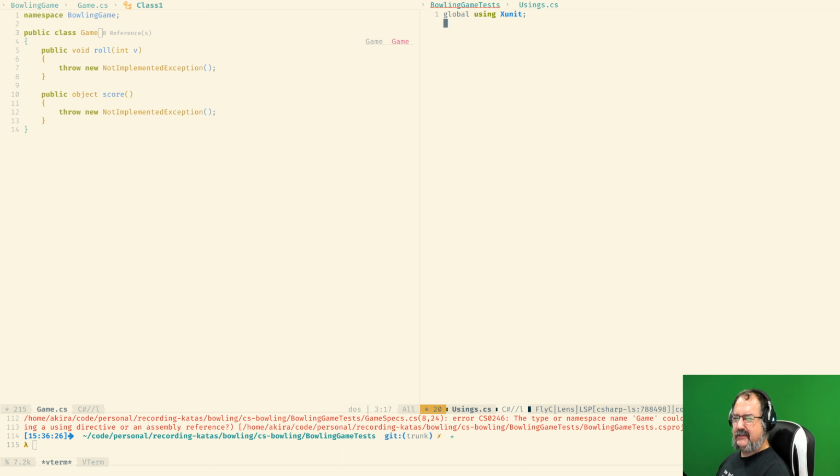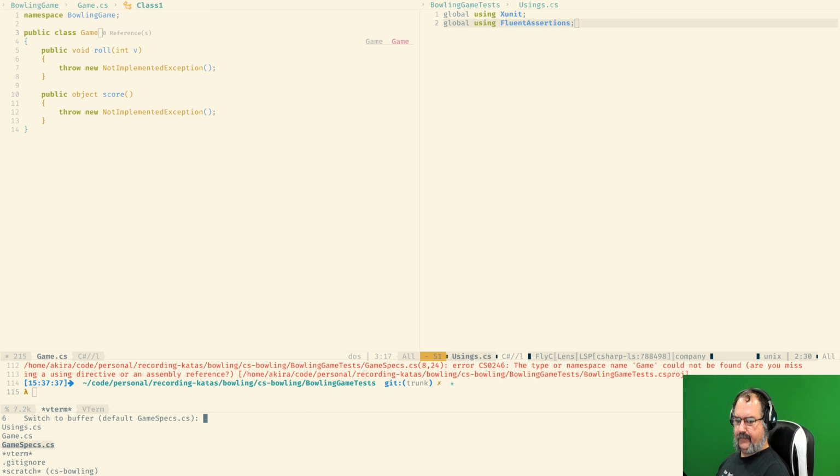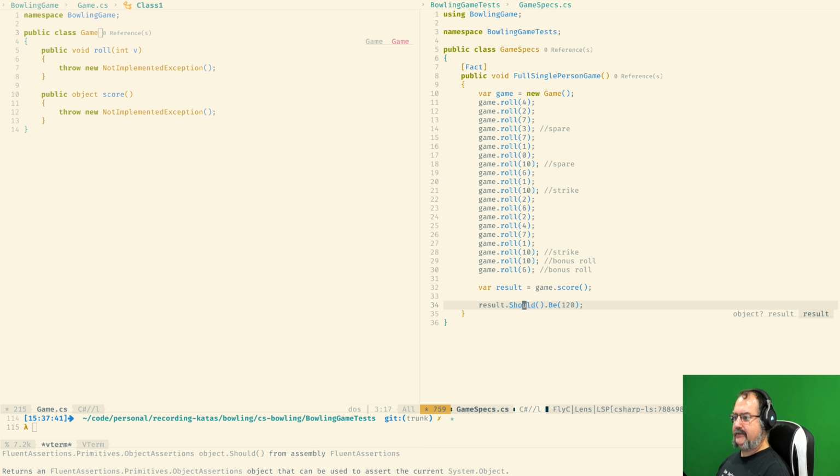I don't think it's something that we'll use too much on source code, but on tests they work quite well. Fluent assertions. Back into game specs. Now it passes.